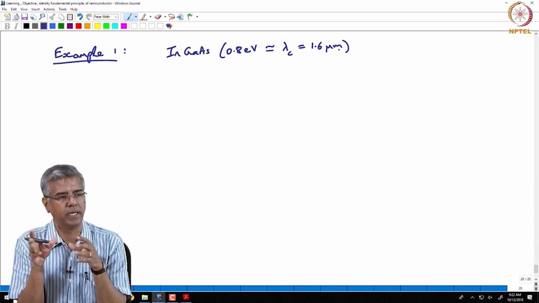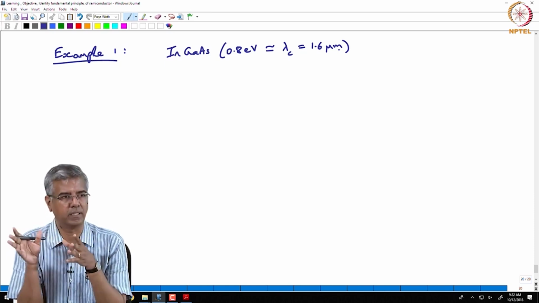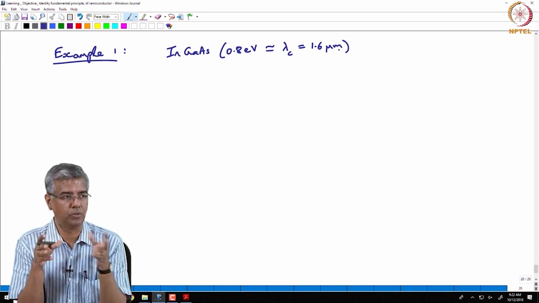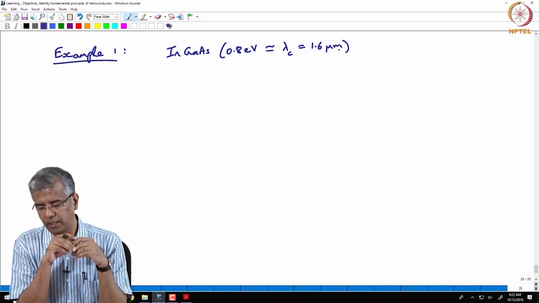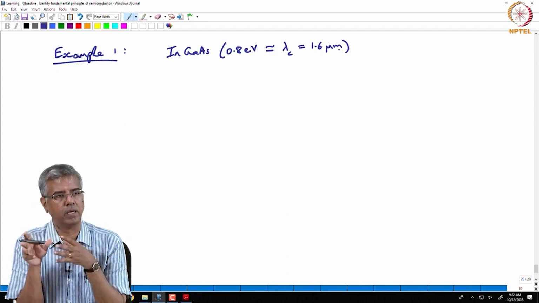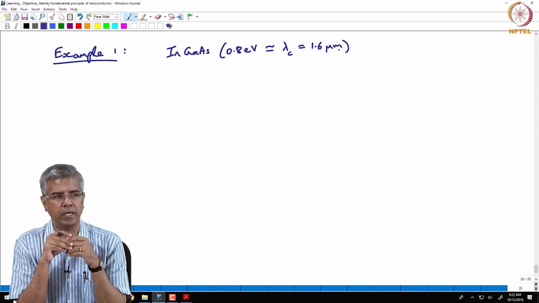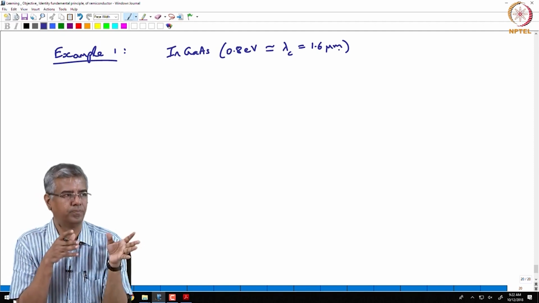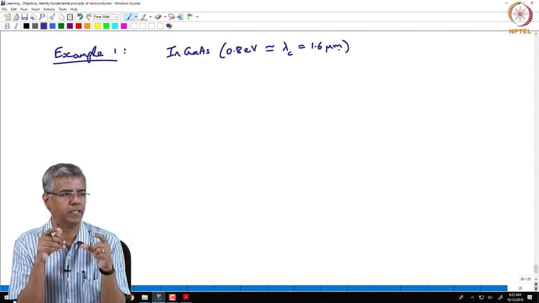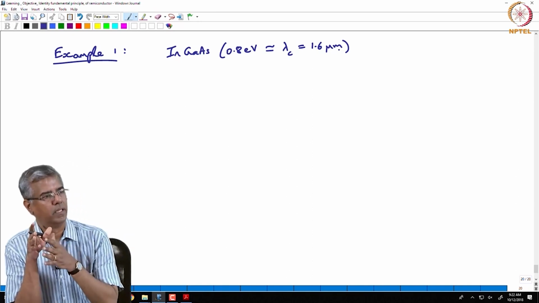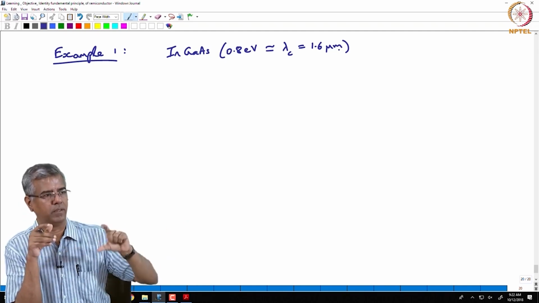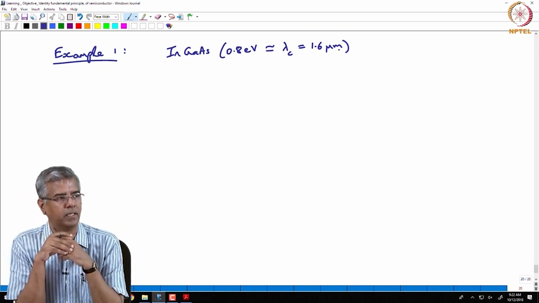Okay, so gallium arsenide LEDs would emit at 850 nanometers, and then of course, if you use gallium arsenide itself as your detector, then that is going to be sensitive to 850 nanometers and below, right. The cutoff, the band edge corresponds to about 850 nanometers, that is the cutoff wavelength. So, below that wavelength or energy greater than that energy, you will have